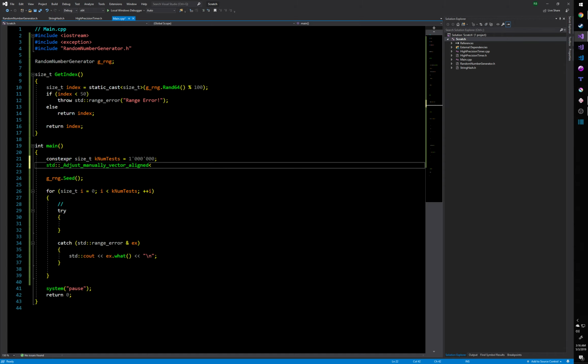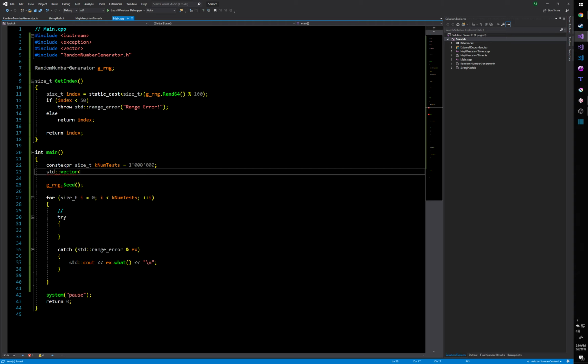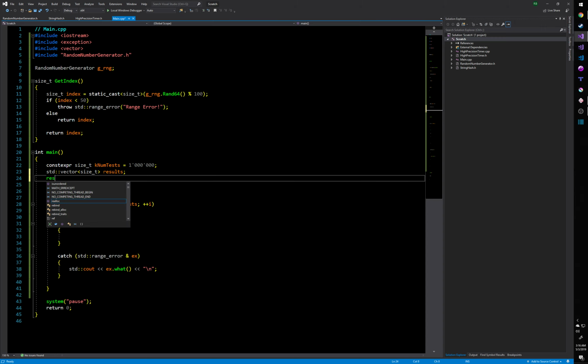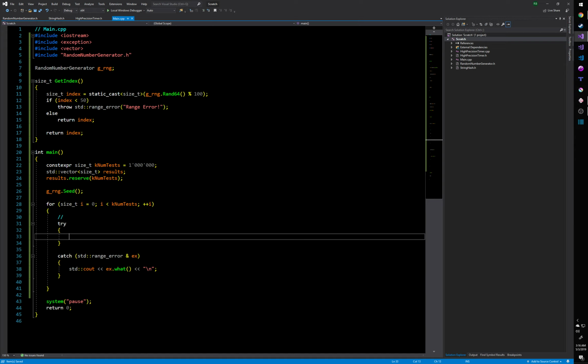So why don't we store these in some vector? I think the hardest part of teaching optimization is somehow making it so that the compiler doesn't optimize it out for you. I'm going to say results, and results.reserve, right? We'll just reserve kNumTests. And I'm just going to live with the fact that there's going to be some kind of performance issues here, because what I'm going to do is say